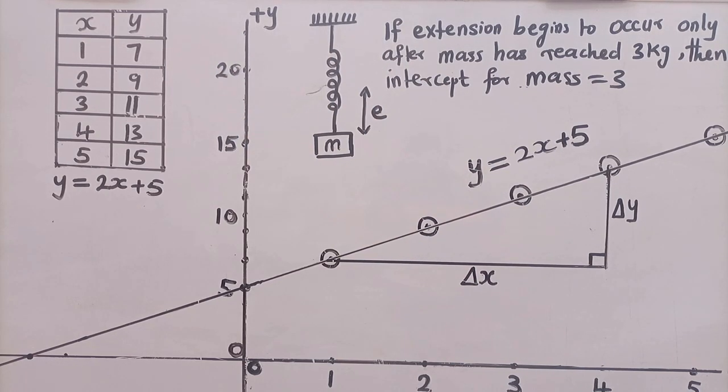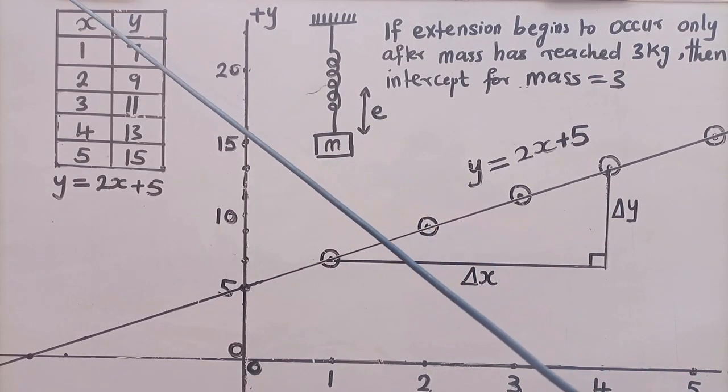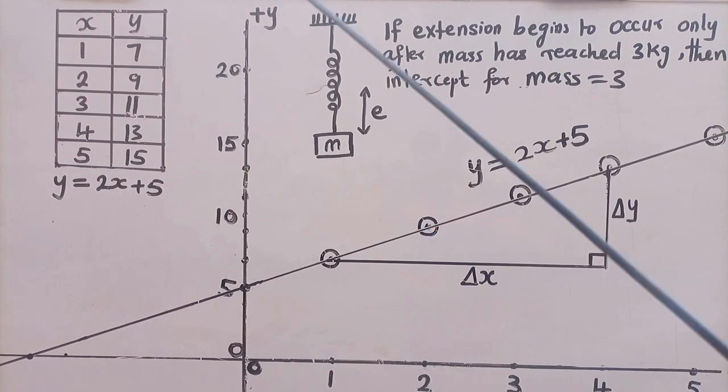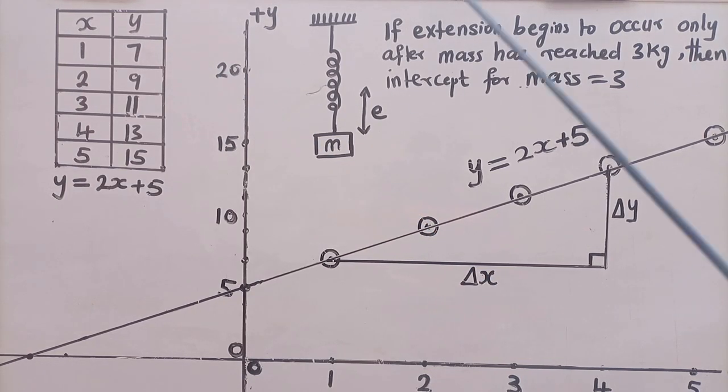Now, how do we know from this sketch the intercepts? Meaning, between x and y, which one is leading and which one is lagging? You observe that from here, the y, which is the extension, leads. Even though in real life it can't lead,